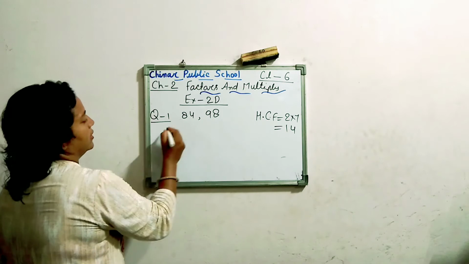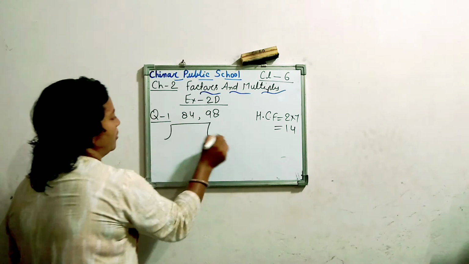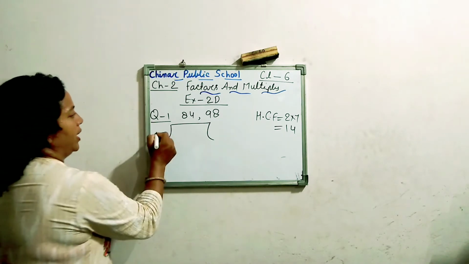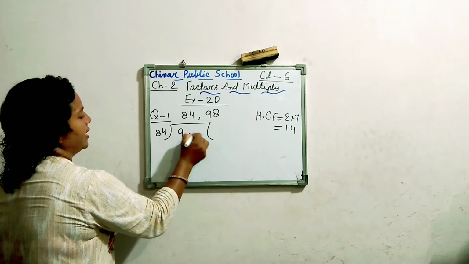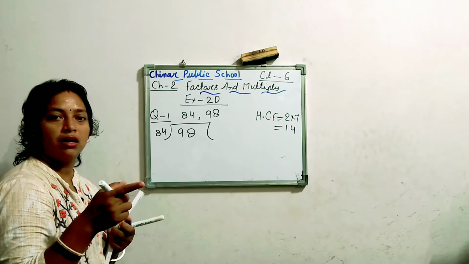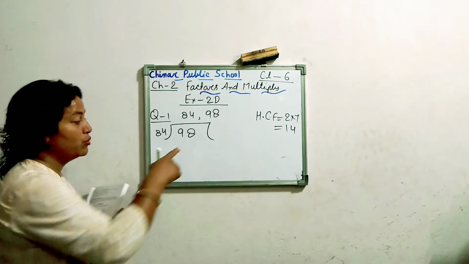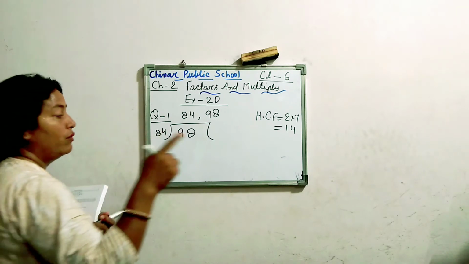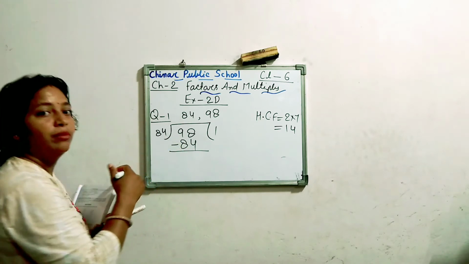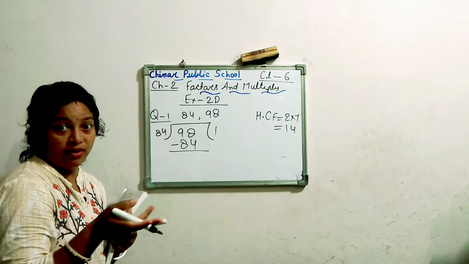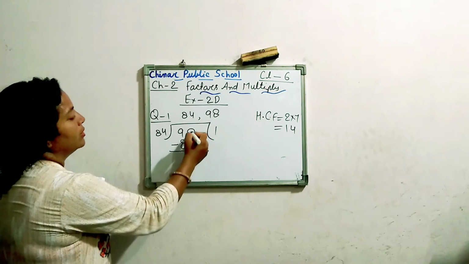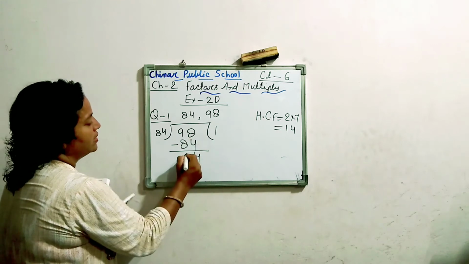Okay. So in this division process, we make the format of the division. Which number should I write as the divisor? The smaller number, 84, and 98 as the dividend. 84 1s are 84, 84 2s are 168, which is more than 98. So we have to take 1 only. 84 2s would be too much. Is that clear? So 8 minus 4, 4. And 9 minus 8, 1.